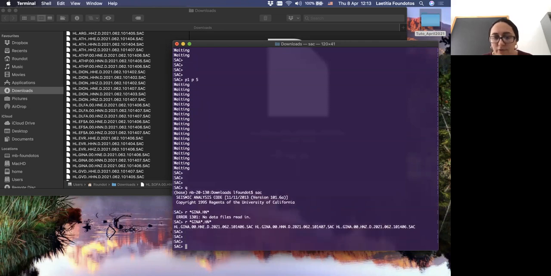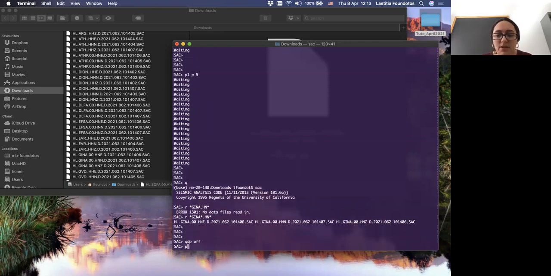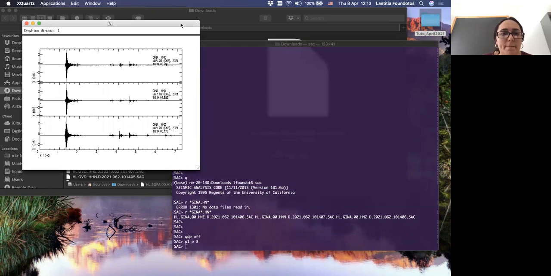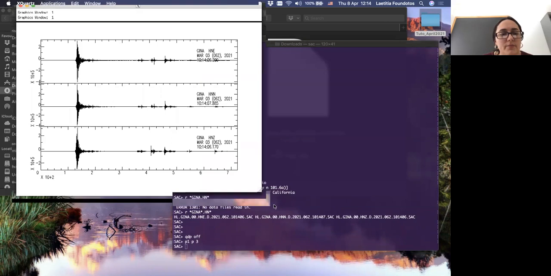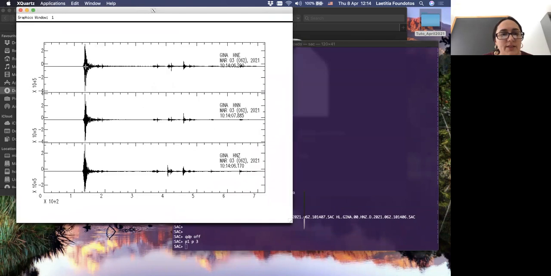Okay, so we have 3 files. Let me plot it. So here we can see accelerograms. So this is in acceleration. But you can see we have the main shock, and later we have also the recordings of aftershocks here, here, here.